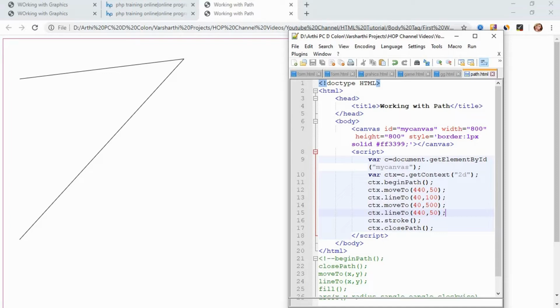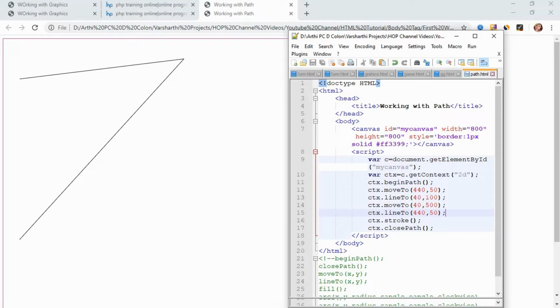So if we have to draw another set of lines here, we have to use the x-axis with 440 and y-axis with 50, right? So let's do that. Create another moveTo function with x-axis as 440 itself, 40, 500, and the lineTo function as 440, which is here.